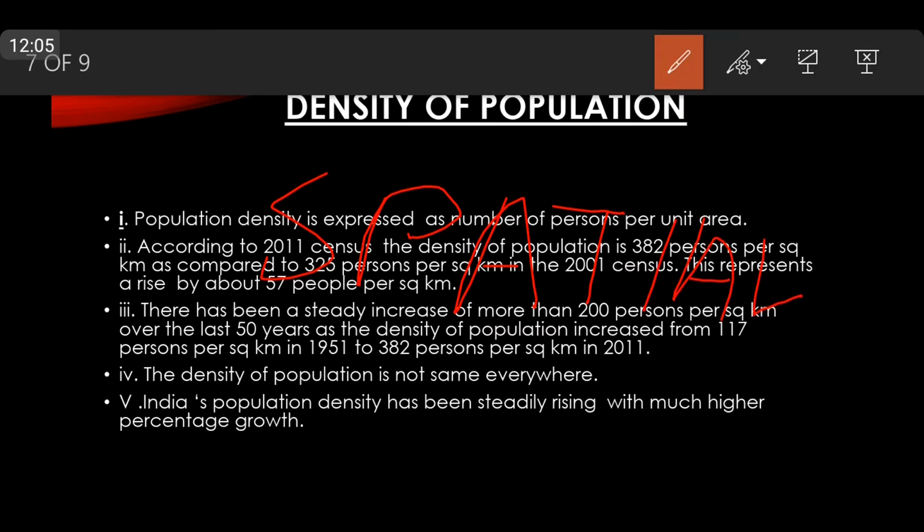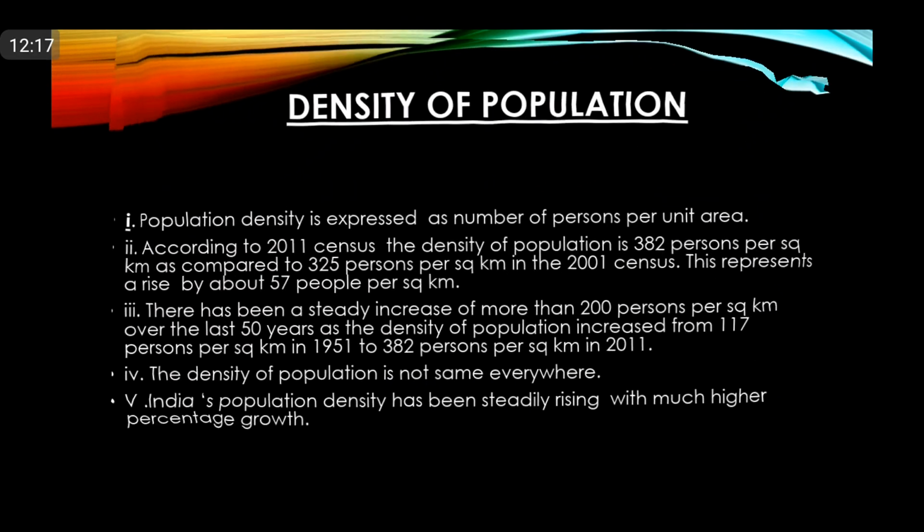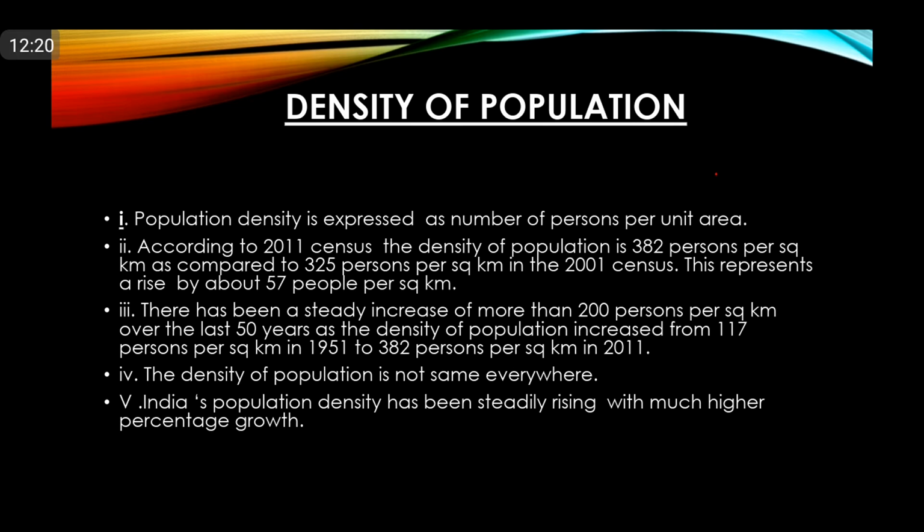But may I ask you one question: how is density of population calculated? To calculate the density of population, what will you do at first? You will divide the population by the size of the area. Thus, population density, or density of population, is equal to the number of people divided by what? Land area. The units of land area should be either square miles or square kilometers. Then, children, one very important thing about density of population: what is the ideal density of population?